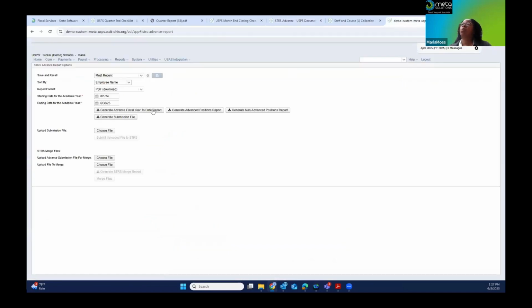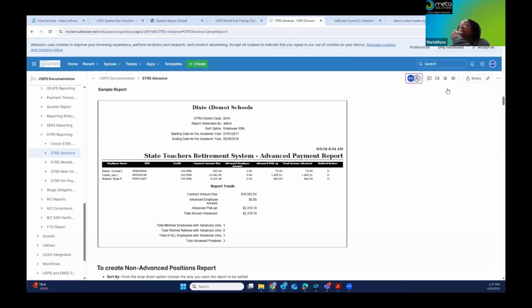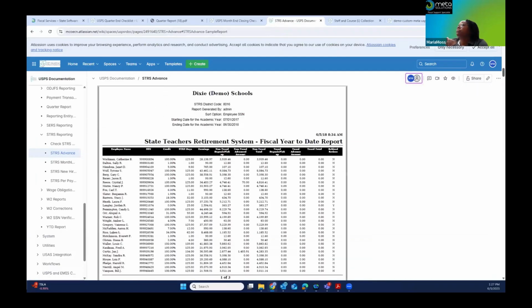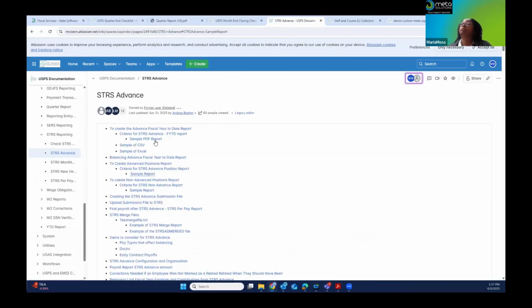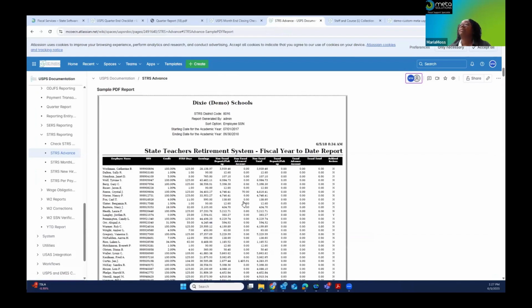And then the third report is the advanced fiscal year to date report, and it has everyone who has contributed to STRS for the fiscal year, and it includes service credit, STRS days, earnings, STRS employee amount, advanced amount, and rehired employee. So that report looks like this.